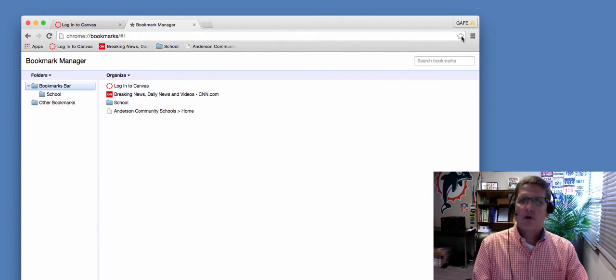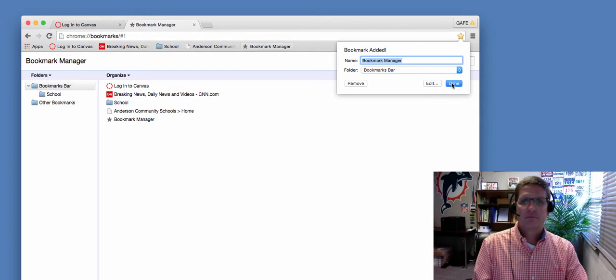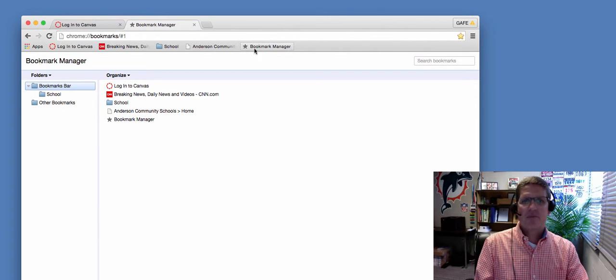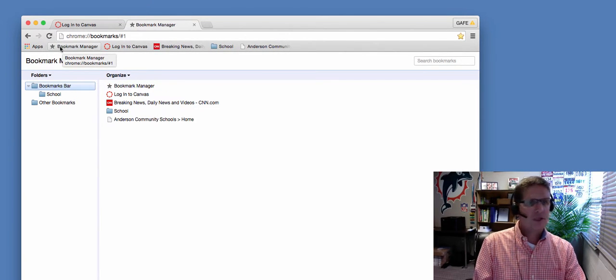I can bookmark this page, and you see it brings up my Bookmarks Manager here on my toolbar. Let's say I drag that all the way over to the left because I don't want it in the middle of all my bookmarks. Leave it over on the left. Now, wherever I am,